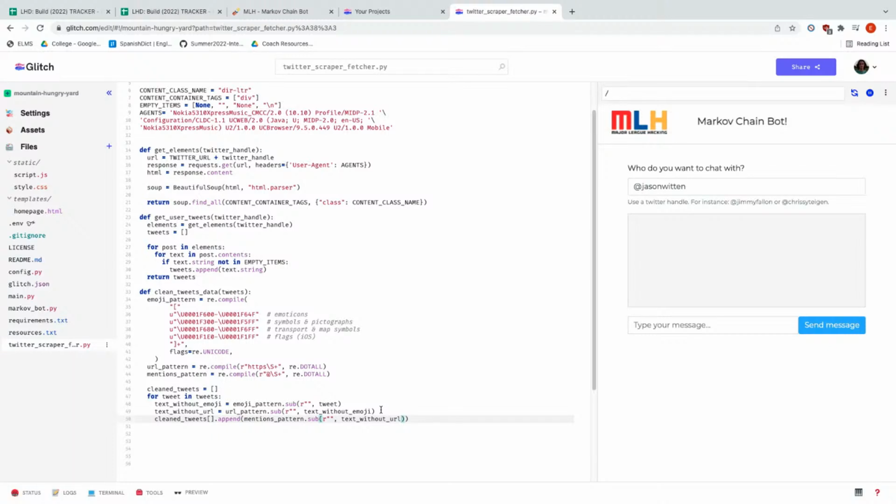Cool. So I believe that is just getting rid of the @ symbol in the name or adding the @ symbol. But either way, that is all we need to do in the for loop. And then in the end, all we need to do is return clean tweets.